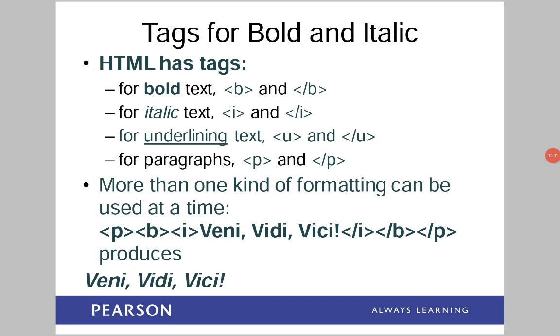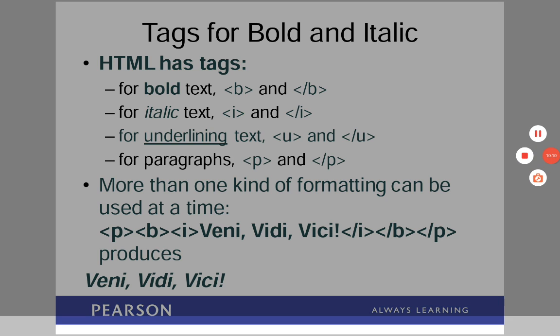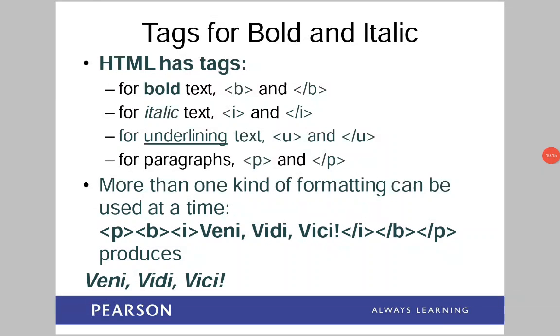So what are the formatting tags? Standard formatting tags means bold, italic, underline and paragraph. These four are called formatting tags or standard formatting tags. Bold means to display some text in bold manner. Italic means to display some text in italic or curved manner. Underline means to display some text in underlined manner. Paragraph means to start a new paragraph at the beginning.